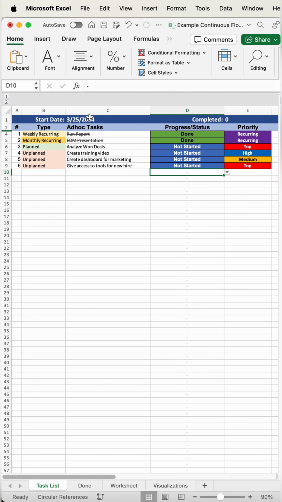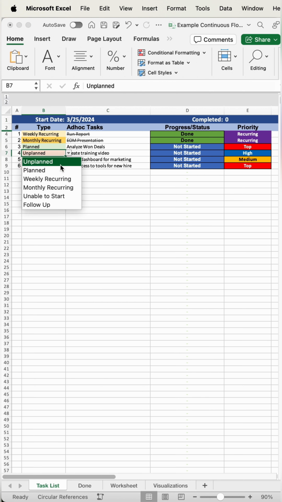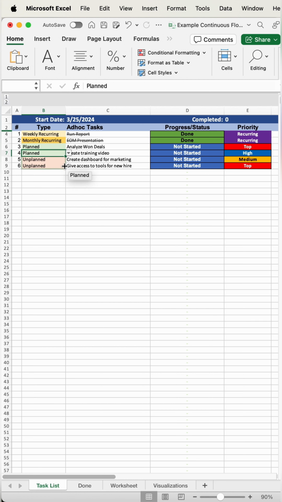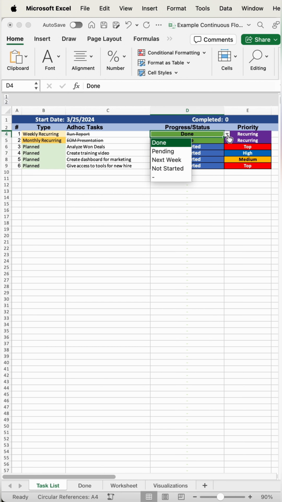To set up for a new week, it's super easy. All you have to do is change the start date to the next week. So I usually start on Mondays, but you can start on any day that you want. Next, you need to flip any unplanned tasks to planned tasks since you now know about them at the beginning of the week. And then you'll need to update any of your weekly recurring tasks from done back to not